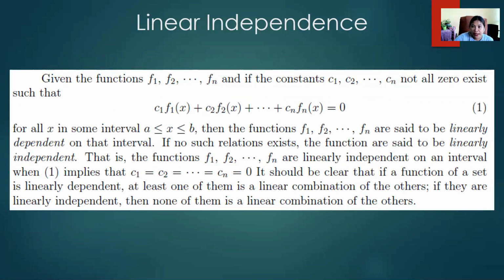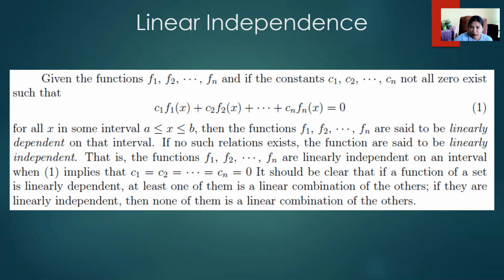Now we go to linear independence. What is this linear independence? We want actually to determine whether the given functions are linearly independent or not with each other. So given the functions f1, f2 up to fn, and if the constants C1, C2 up to Cn, not all zero, exist such that C1 F1 of x plus C2 F2 of x plus up to Cn Fn of x is equal to 0,